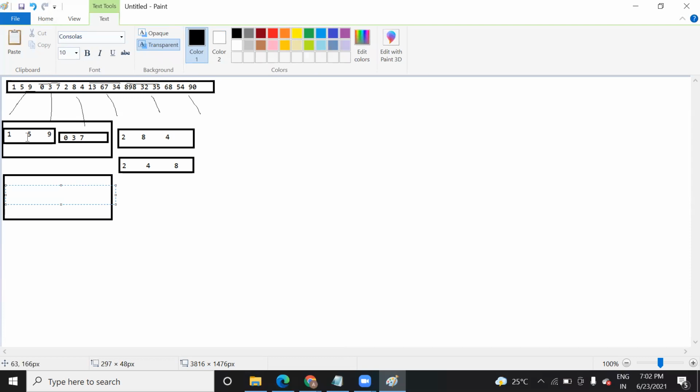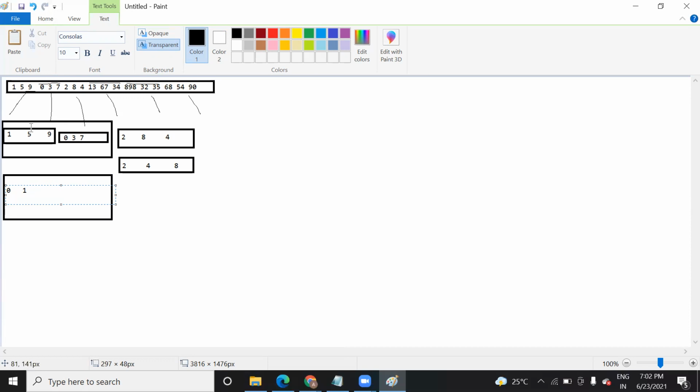Like, 1, you will check with 5, which is small. With 1, you will check every element, so it is not the smallest one. 0 is the smallest one because there is an element 0 which is less than 1. So you will keep it first. Now after that you will put the 1. Then after that you will check for the next element.